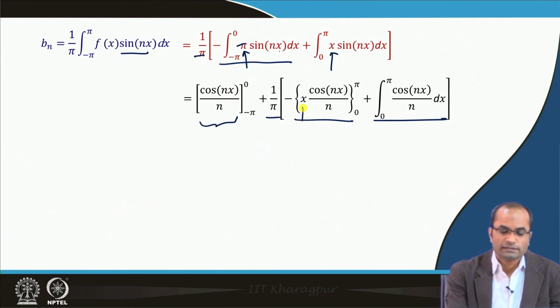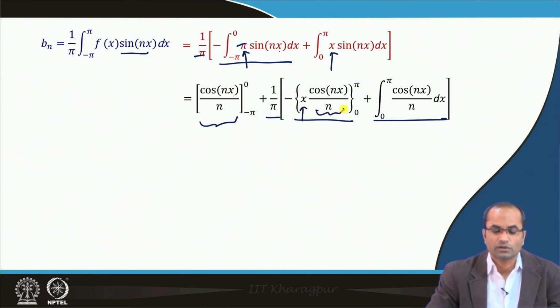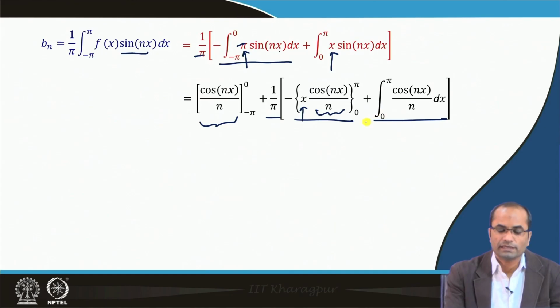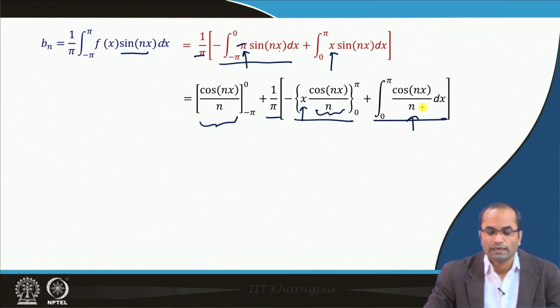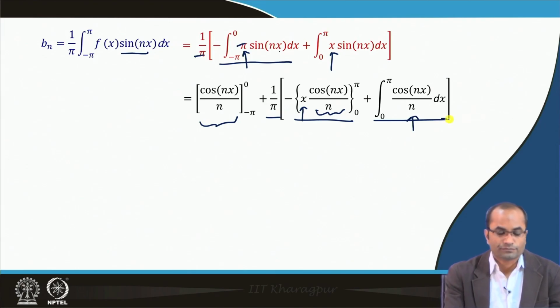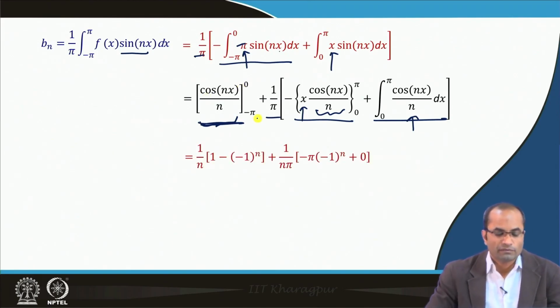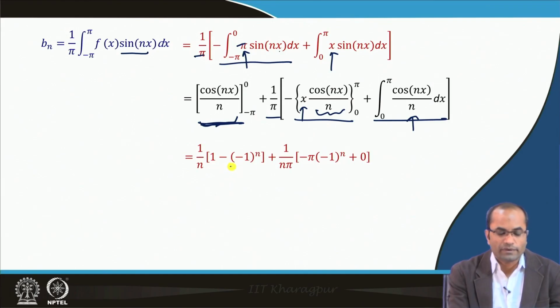So, x as it is, and sin nx became cos nx with the minus sign, and then minus minus plus again the cos nx over n dx. So, this time this term will not vanish. When the upper limit is 0 we have this 1, and then at minus pi, we will also get cos n pi, which is